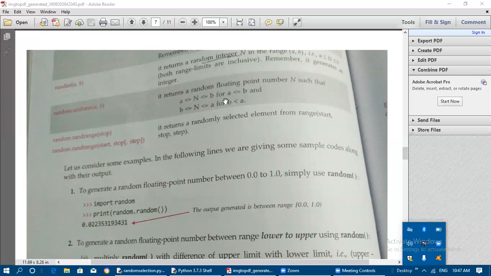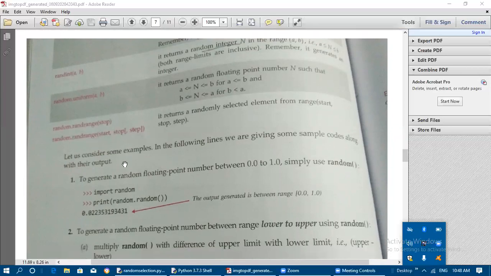For these two conditions, the random.uniform function, unlike randint, will generate this number n, that is a floating point number between the ranges. And the next function is random.randrange of stop, or random.randrange of start, stop and step value. It returns a randomly selected element from a range, that is start, stop, step. So it will generate a numerical, that is integer, number.